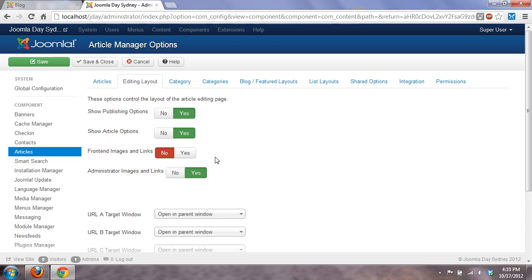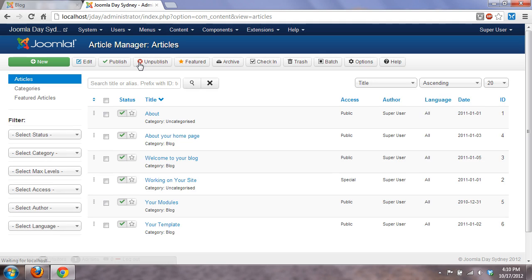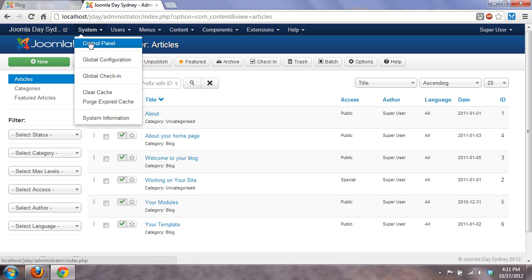I do want to point out that if you take a look over here on the left side of the screen, what's going on here? Well, let me hit the cancel button. Oh, it actually puts me back to the article manager. Isn't that nice? Well, if I go back to System Control Panel,